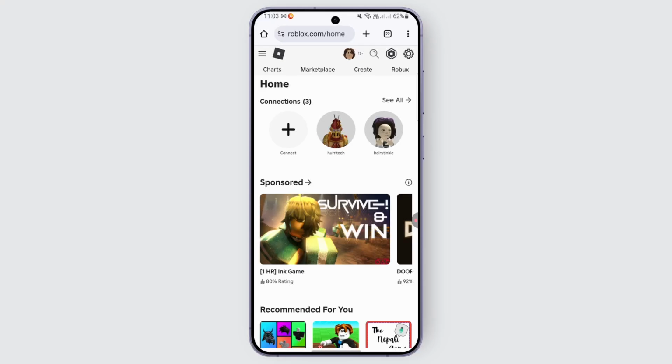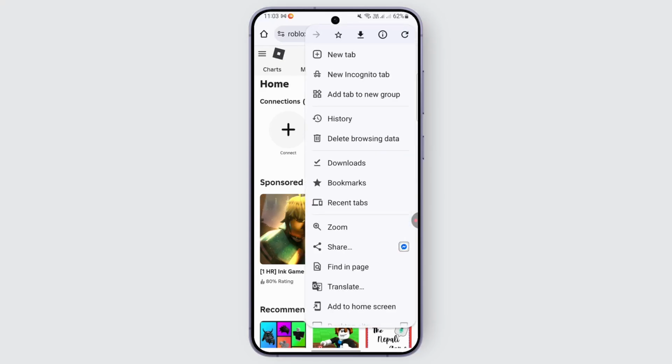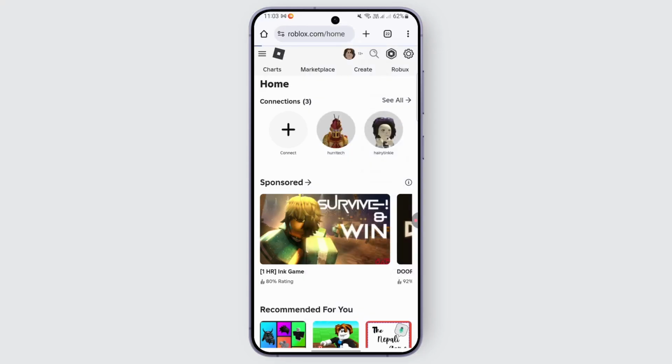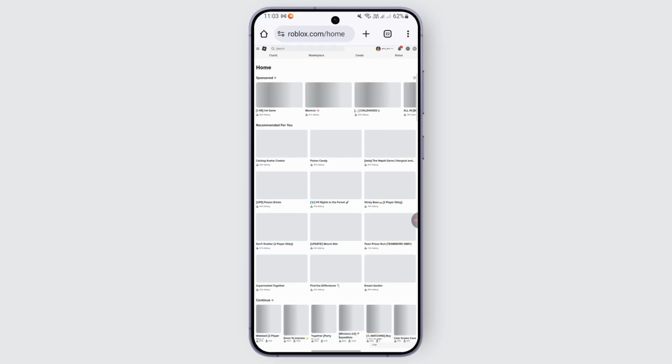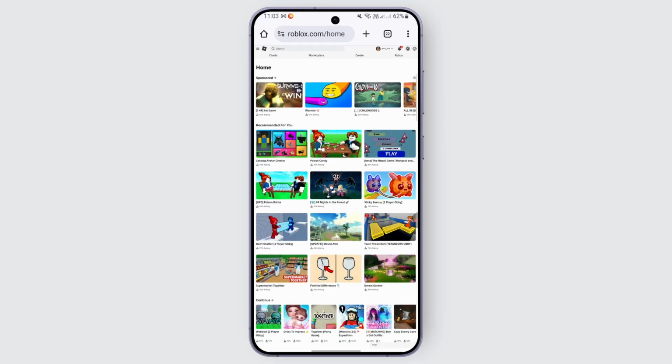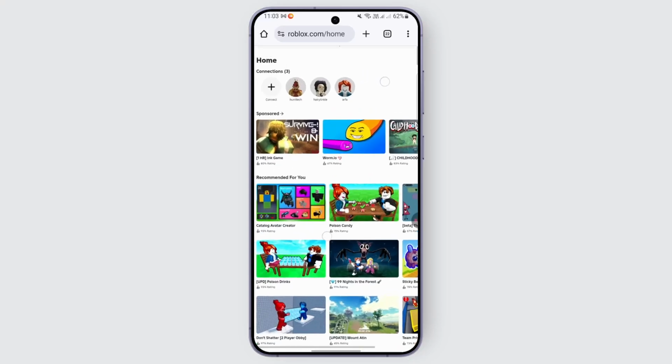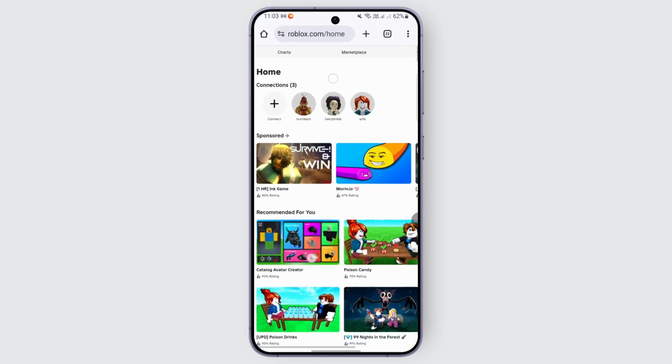Once you're in your browser, look out for the three dots at the top or the bottom of your browser, scroll down and find desktop site, and tap on it to turn it on, and turn on the desktop site in your mobile browser. You can also follow the same process in your browser on your PC. You do not need to turn on the desktop site, but just go ahead and access roblox.com on your PC. After you access it, you need to look out for the menu at the top left of your screen